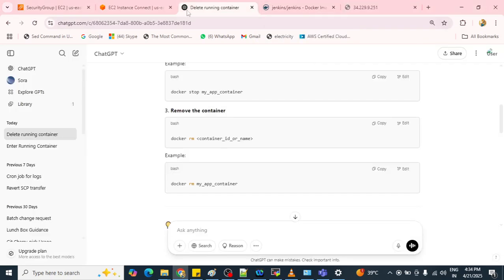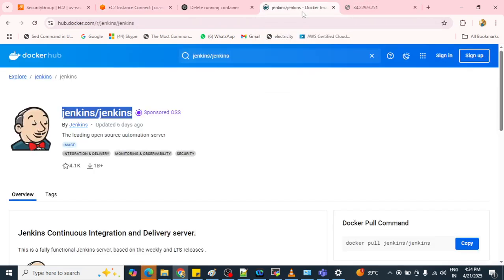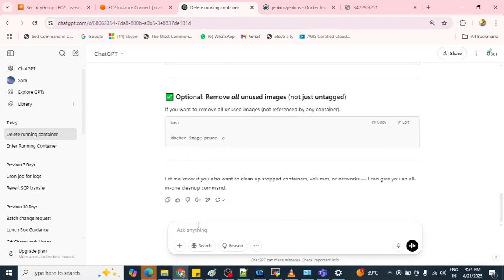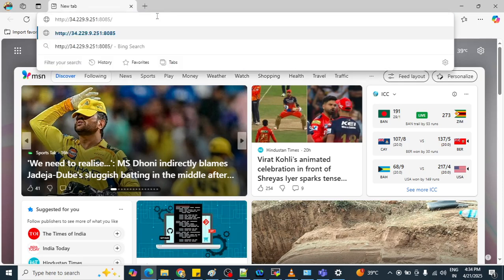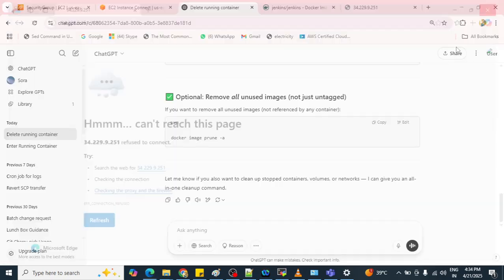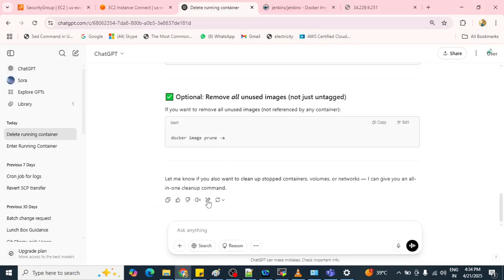Now you can troubleshoot with the help of ChatGPT also. So let's take the help of ChatGPT to solve this issue. Okay, before that let's try to run one more time here. Okay, so there is some issue. Let's try to troubleshoot it.